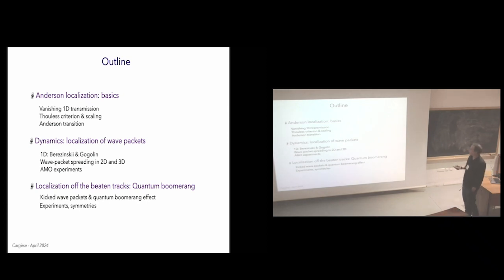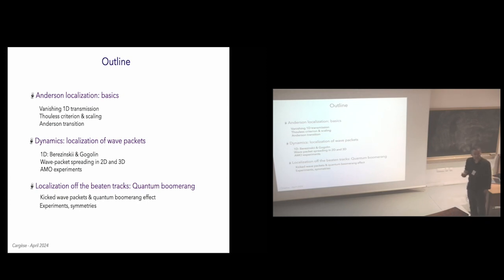So these introductory considerations eventually bring me to the outline of the rest of the talk. So in the first part, I will give you a crash course on Anderson localization. And to do so, I will actually revisit the problem of transmission, but in 1D, in one dimension, where diffusion clearly does not work, it's replaced by Anderson localization. So this will allow me to introduce basic concepts like the Thouless criterion and the single parameter scaling of the conductance. And finally, I will say a few words about the Anderson transition. Then in the second part, I will address the dynamics of localization because in cold atoms experiments, this is actually what people do.